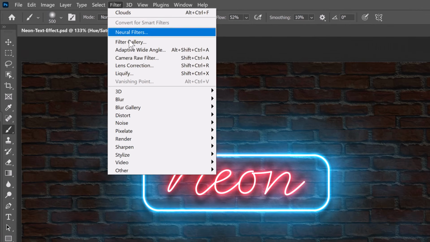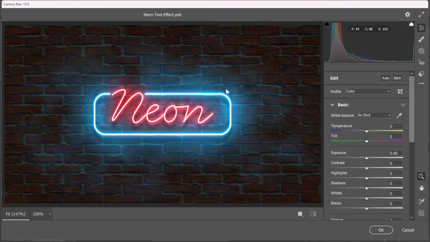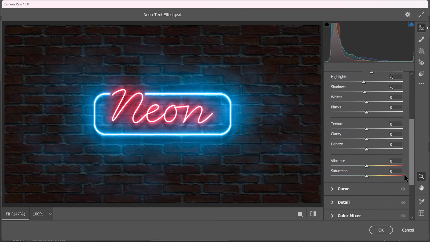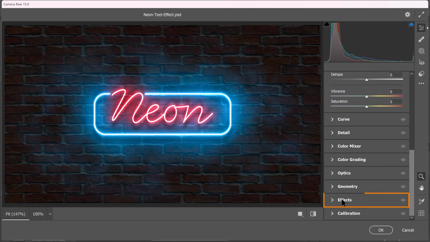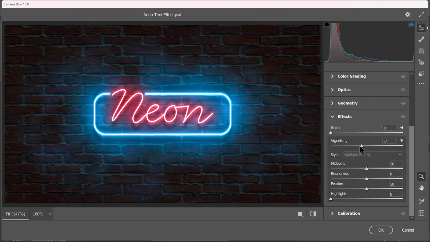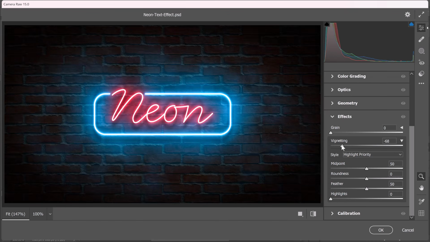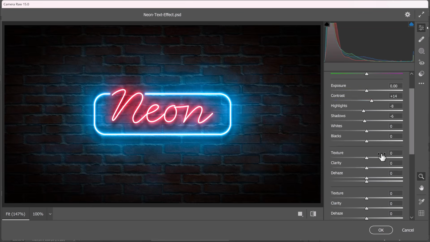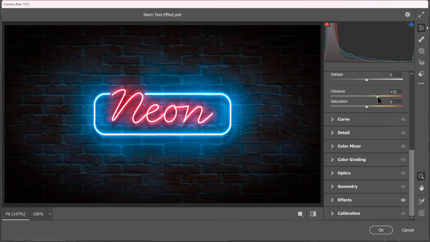So go into filter, camera raw filter. From here, you can reduce the temperature to make things look a little cooler, like so. You can increase the contrast, adjust the shadows and highlights to make this image look more dramatic. And what I'll do is I'll go down to the effects panel, and from the effects panel, I'm going to reduce the vignetting slider just so that we can really focus on that neon sign, add a little bit of grain, maybe about 11. And from the basics panel, you can also increase the vibrance to increase the saturation of